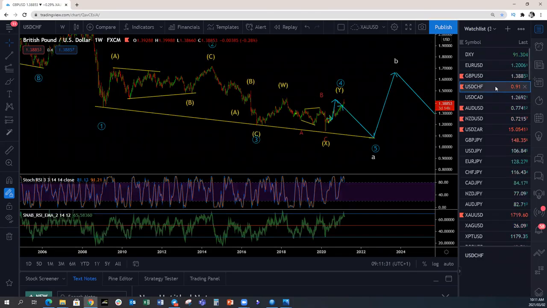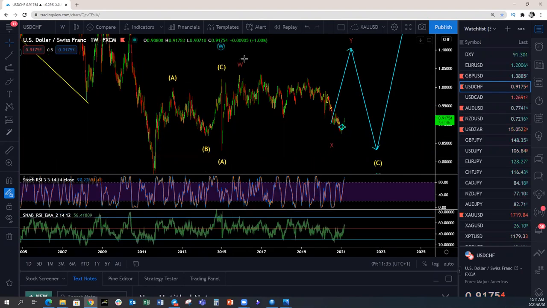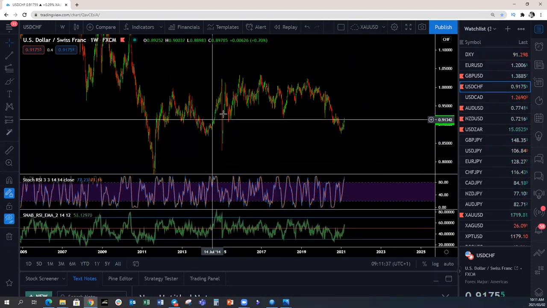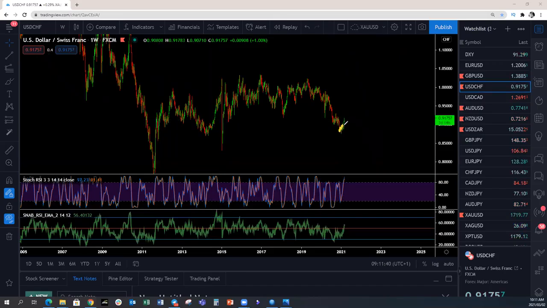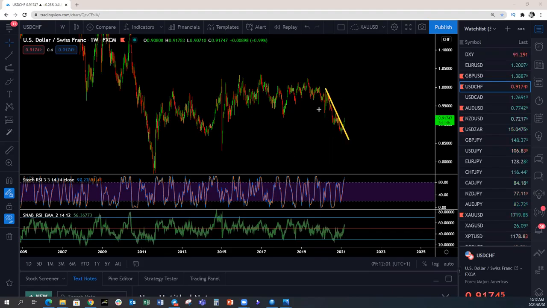US dollar chief keeps pushing up higher with the DXY. Let's switch this off here. So we're seeing this corrective structure here on US dollar chief. So on the weekly, we are just popping up above 50. Okay, but we have popped up above 50 before. But looks like this one is now, let's just have a look here. We've now broken out of this structure. If we have to put in the channels here,